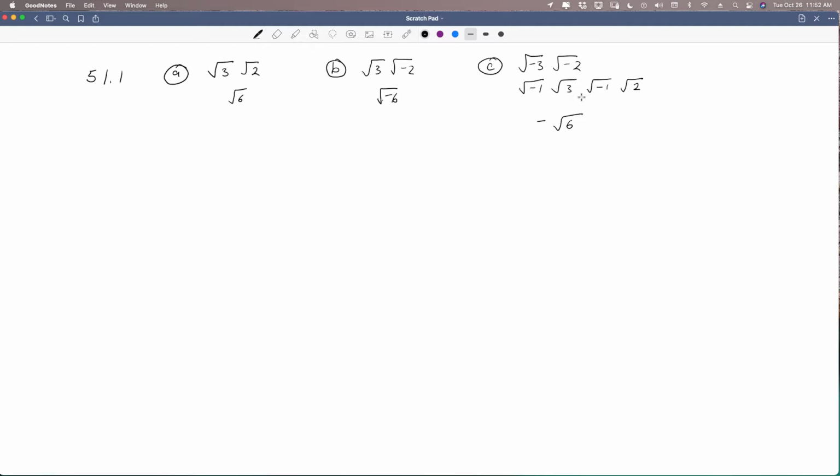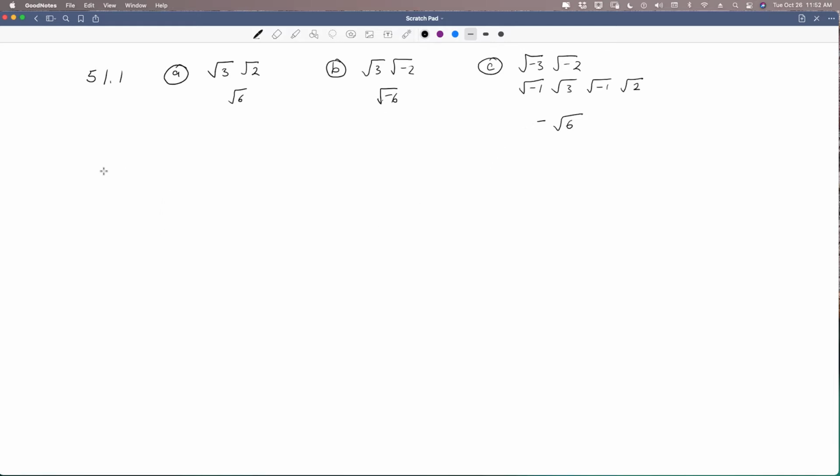You can pull out and pull the negative 1 to the outside. That's the same thing that happens when we have the two i's. The square root of negative 1 times the square root of negative 1 is negative 1. All right, let's do